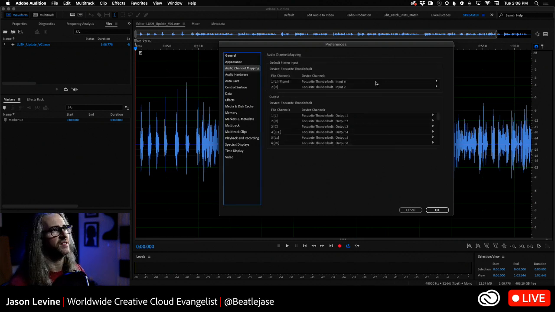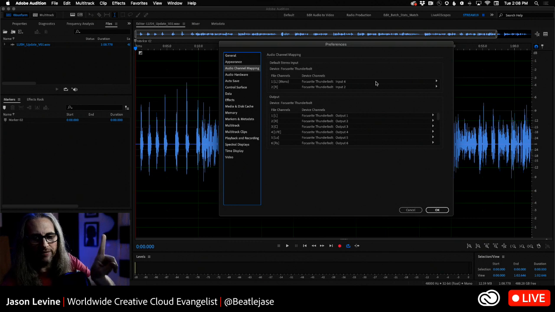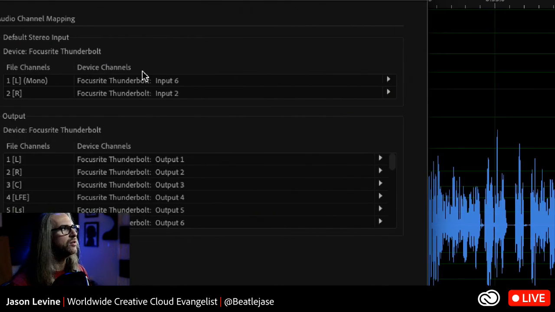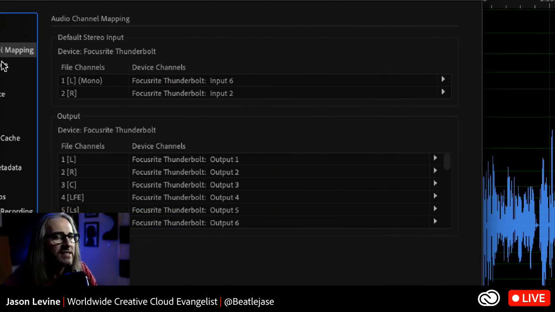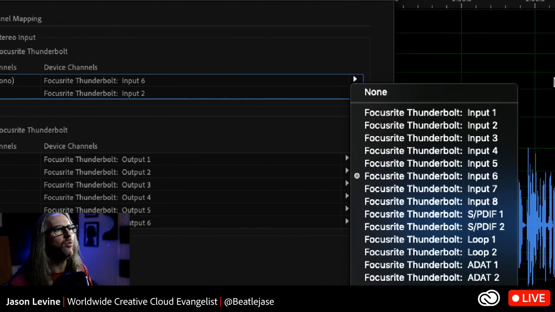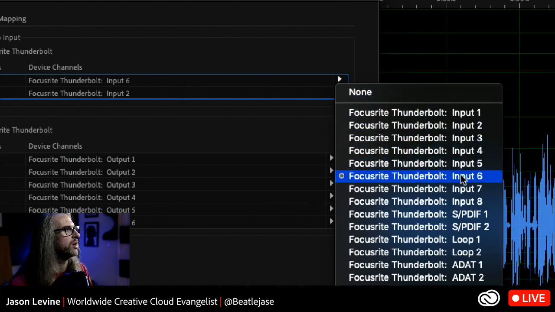Now, the reason for this is that you can map what input you specifically use if you want to record in what is called the edit view or the waveform view, the single channel view, okay? Because I'm on a multi-input device, what's awesome about the way that we've structured this is that if I want to record just a mono single track in the waveform view, meaning I don't want to set up a multi-track session, I can tell it exactly what input I want to use